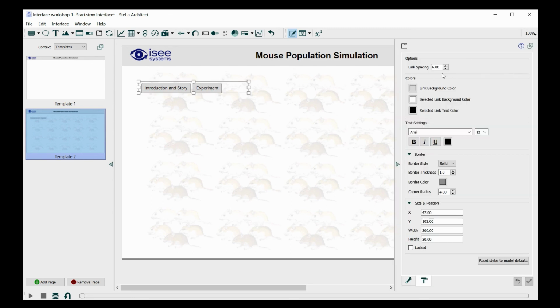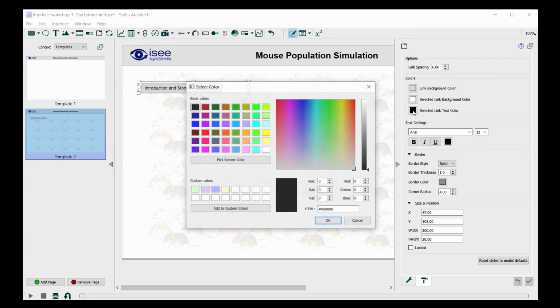So the link spacing just tells us how far apart these two links will be. And now I can add different colors that I might prefer to use. I think I'm fine with that link background and both of those background colors, but I think for the text, I'd like to have it match the text color of the icon. So what I'm going to do to make that happen is click on the selected link text color,